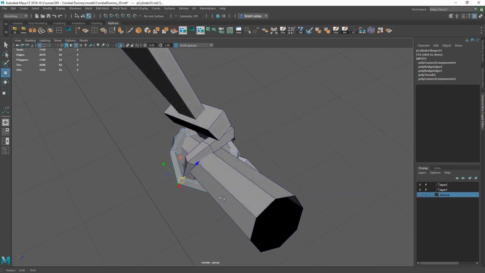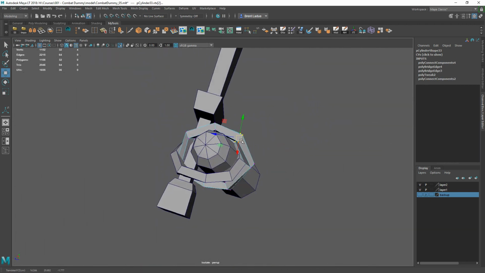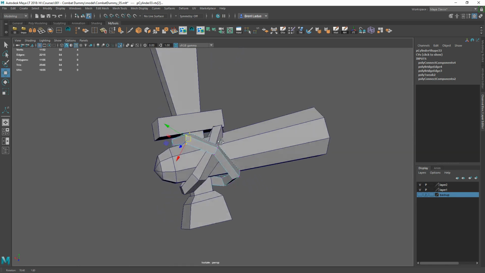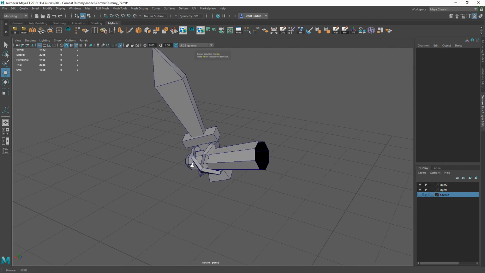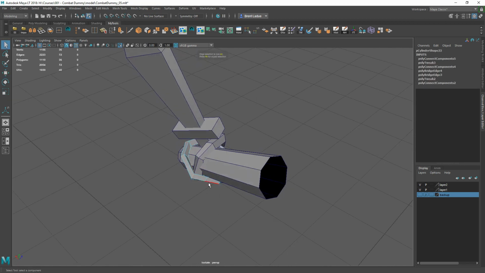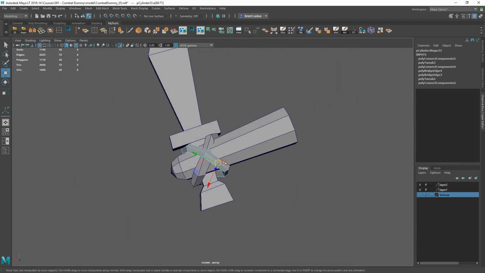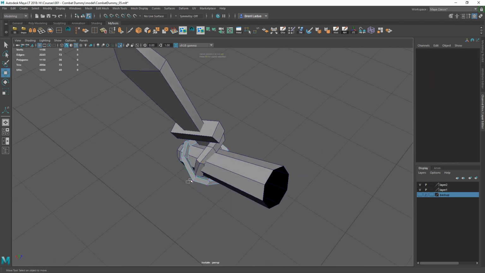But you could probably stop at any time. Don't need to get this detailed, but you want to be proud of what you're doing too. So strike a fine balance between them. And now I'm seeing this being a little too low res, so I might add one more connection there just to round it out slightly. Could have put it either in the front or the back, but